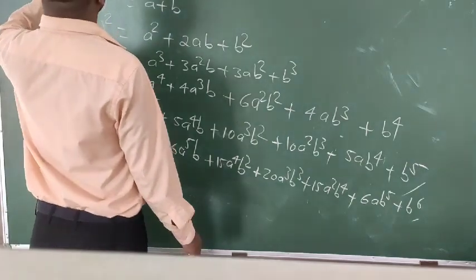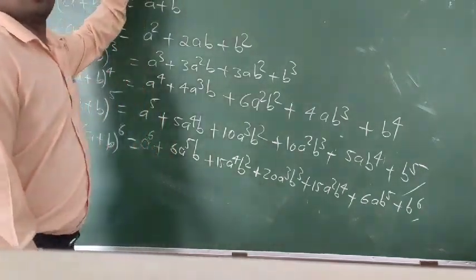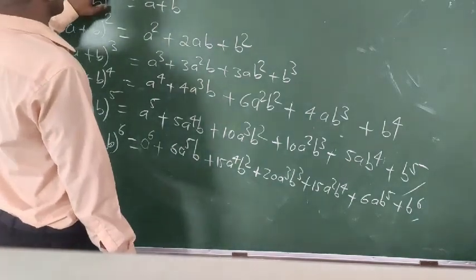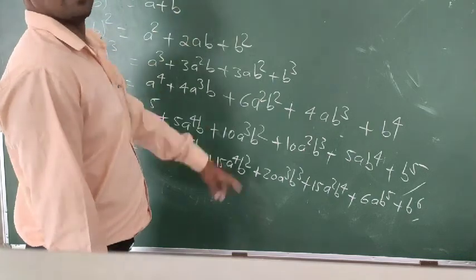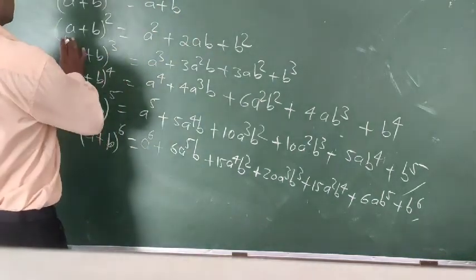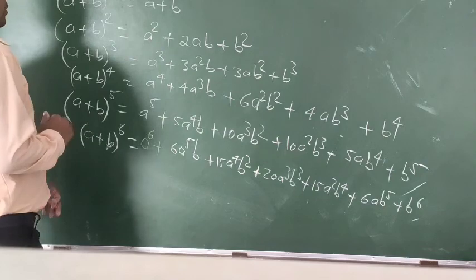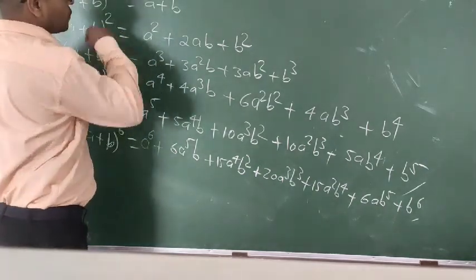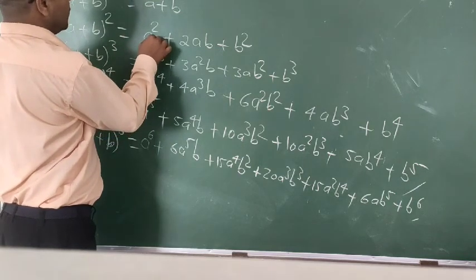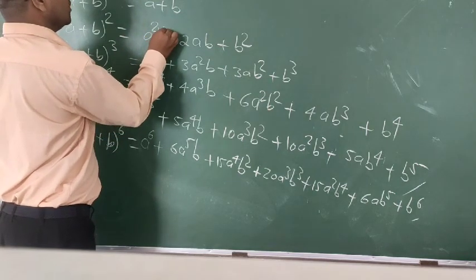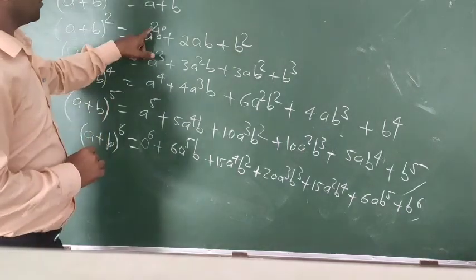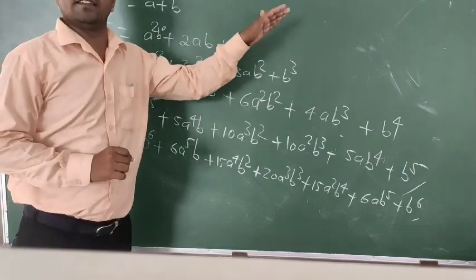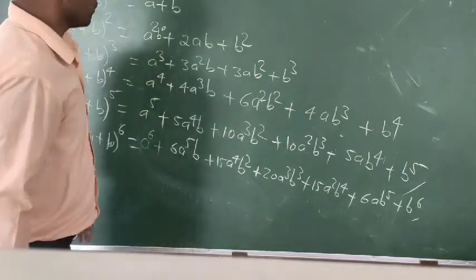Suppose (a + b)^0, its value is always going to be 1, you know and you are not going to forget it. (a + b)^1 will remain the same, a + b. So now students, whenever we are writing (a + b)^2, you have to remember one part: the power of a will go in decreasing order and the power of b will go in increasing order. You have to remember this part.